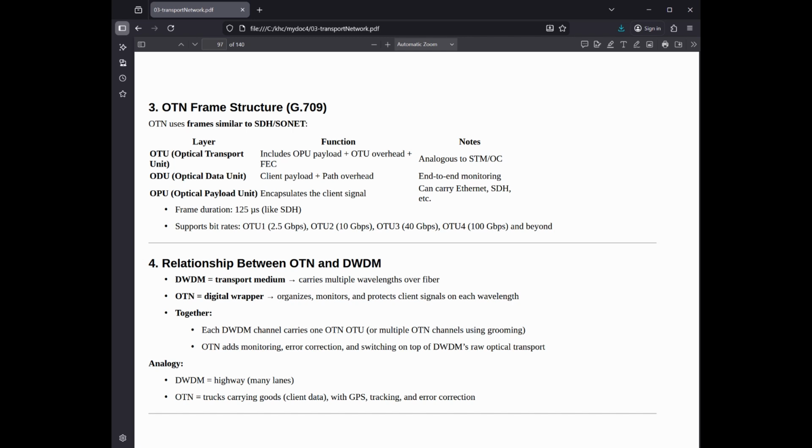FAS, frame alignment signal, helps the receiver find the start of the frame. OTU overhead contains section level monitoring and the trace ID. ODU overhead contains end-to-end path monitoring and TCM bits for segment monitoring. OPU overhead contains information about the type of payload being carried, for example Ethernet versus fiber channel. 2. Payload, columns 17 to 3824. This is the cargo bay. This area contains the actual client data. Because the payload is so large compared to the overhead, OTN is extremely efficient. The overhead tax is very low